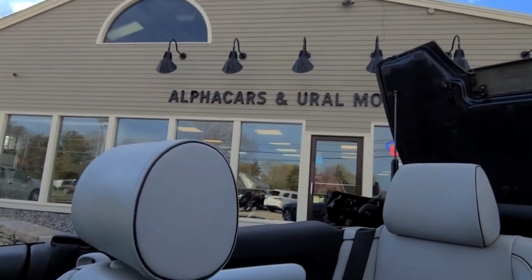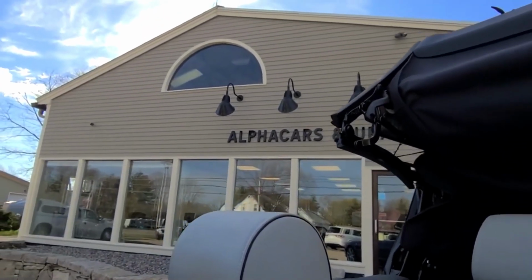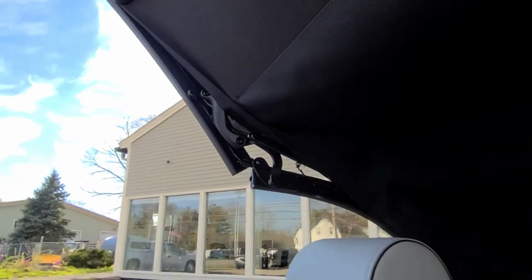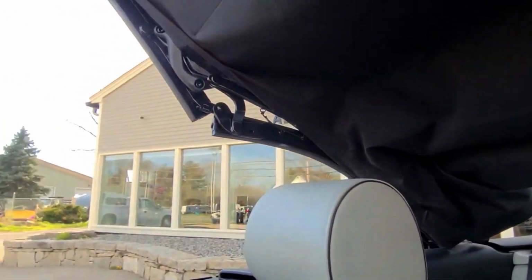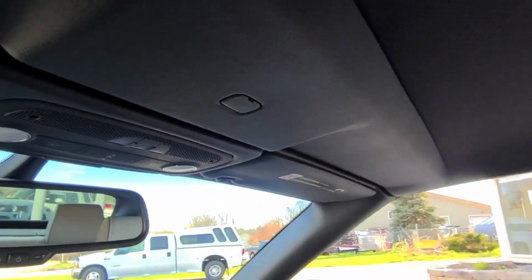You can see that rear hatch opens exactly as designed. Nice and quiet operation all the way to the end. You'll find the roof takes a brief pause here as the lower portion of the hatch lowers itself down, and then you'll find the roof smoothly finds its way home at the top of the windshield, and the windows all